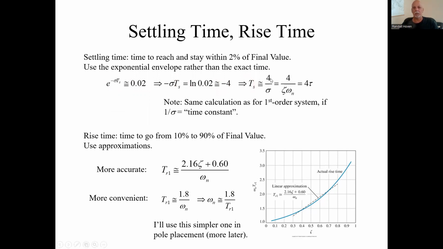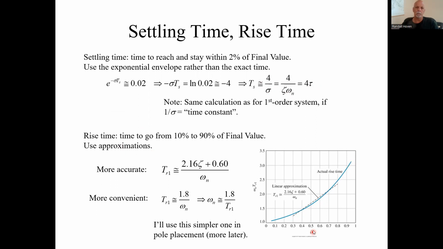So our settling time is just 4 over sigma, or 4 over zeta omega sub n. And if I call 1 over sigma the time constant, it's 4 time constants. So these relationships are the same as they were for the first order system, which is convenient. 4 over sigma, or 4 tau. This rise time, to go from 10 to 90% of the final value, it's a nonlinear function of zeta,